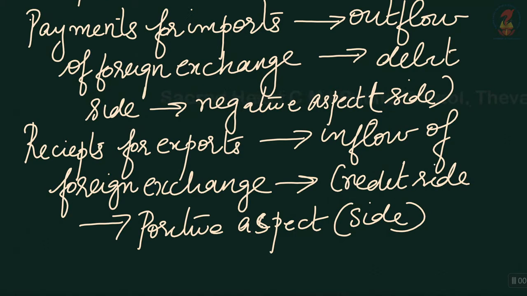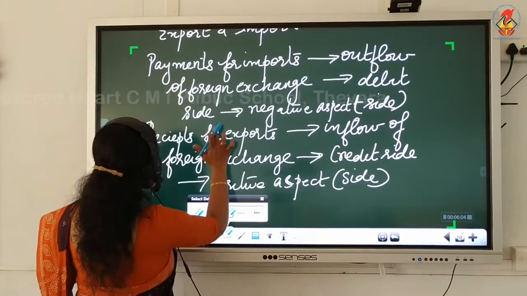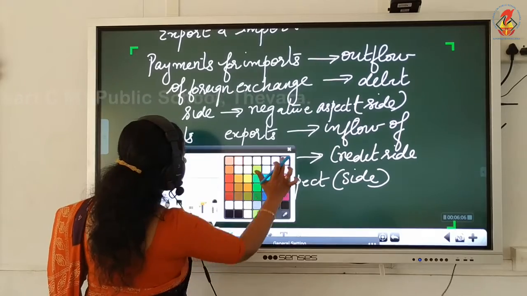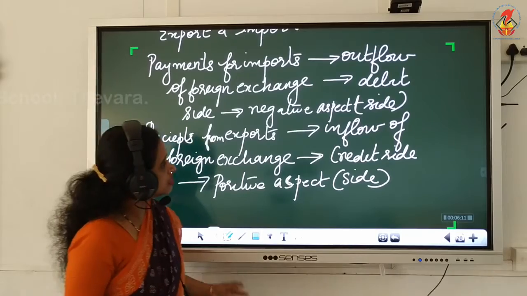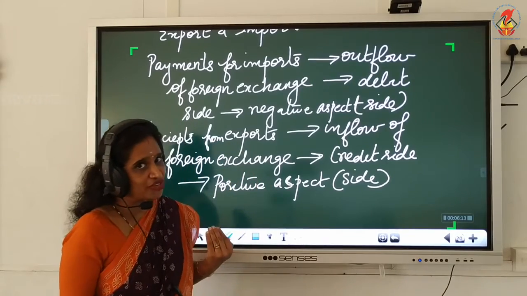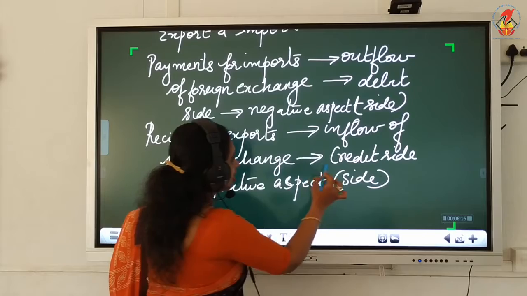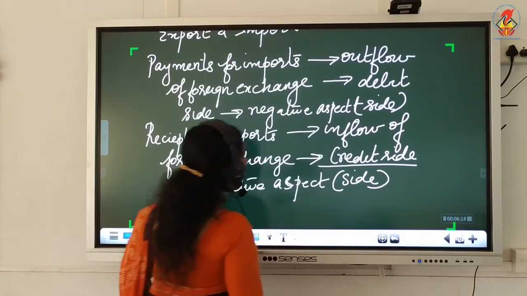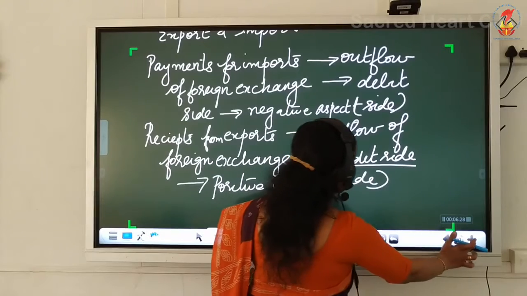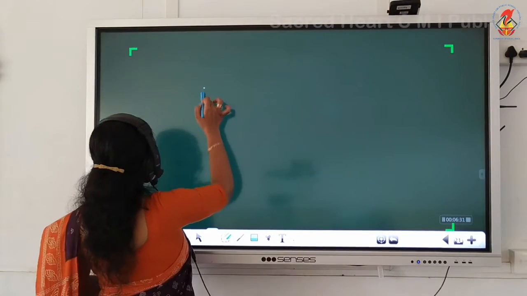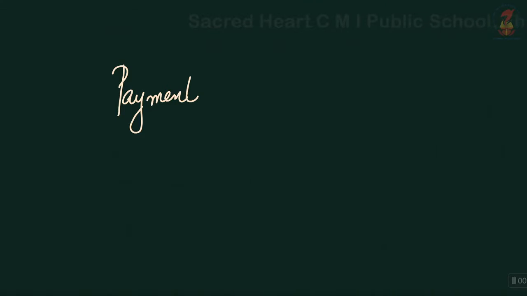Receipts from exports. The receipts that we get from exports cause inflow of foreign exchange. Then it can be recorded on the credit side, and therefore it is a positive aspect. Just as I told you before,